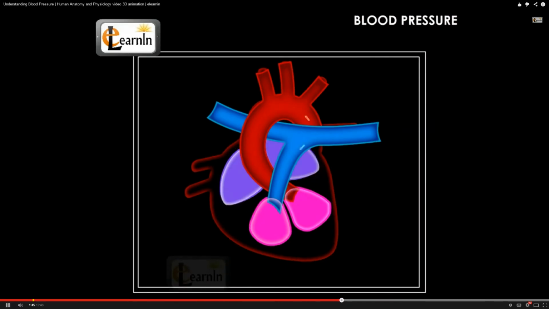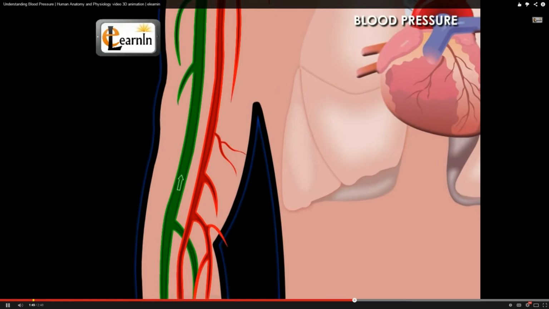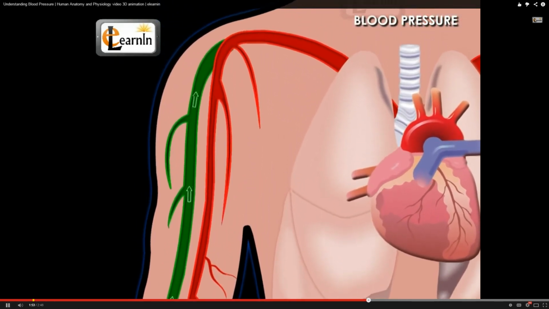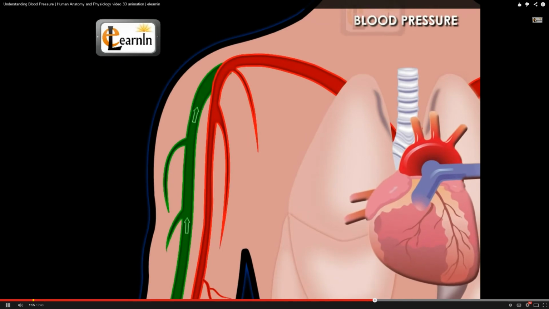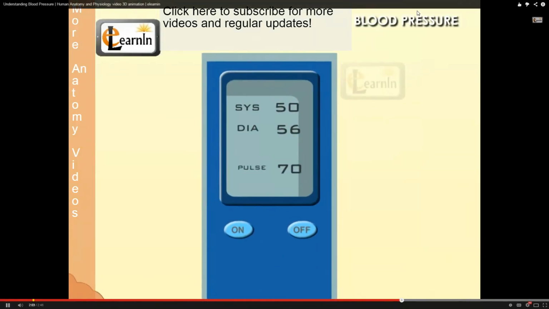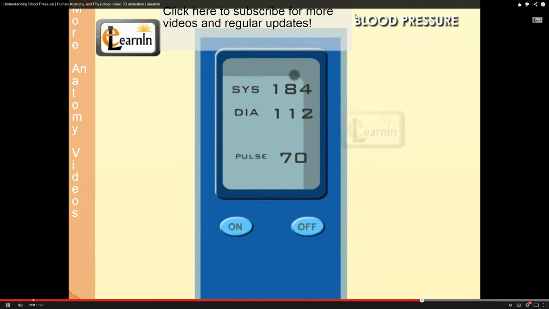When the diastolic occurs, more blood is pumped by the heart. The blood vessels return to the normal diameter and maintain blood pressure at a lower level. This is diastolic pressure. Hypertension or high blood pressure. In some people, the blood pressure will be very high, more than the usual 120 by 80. Such a condition is called hypertension,